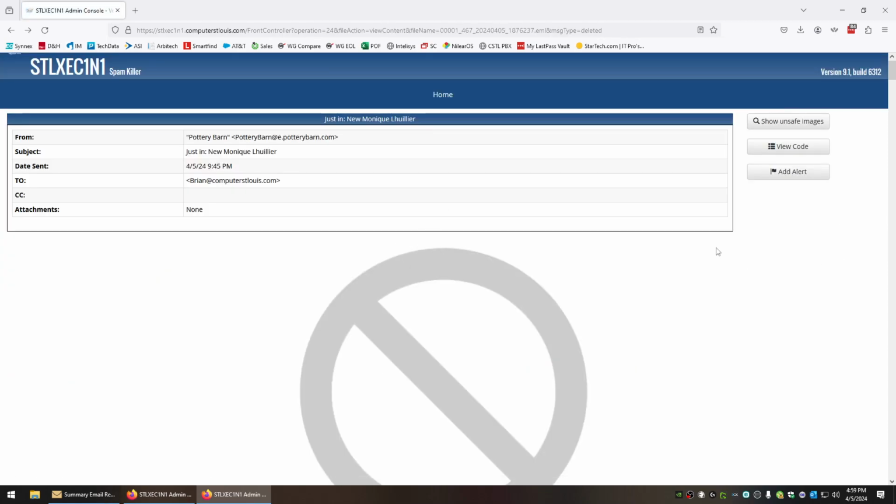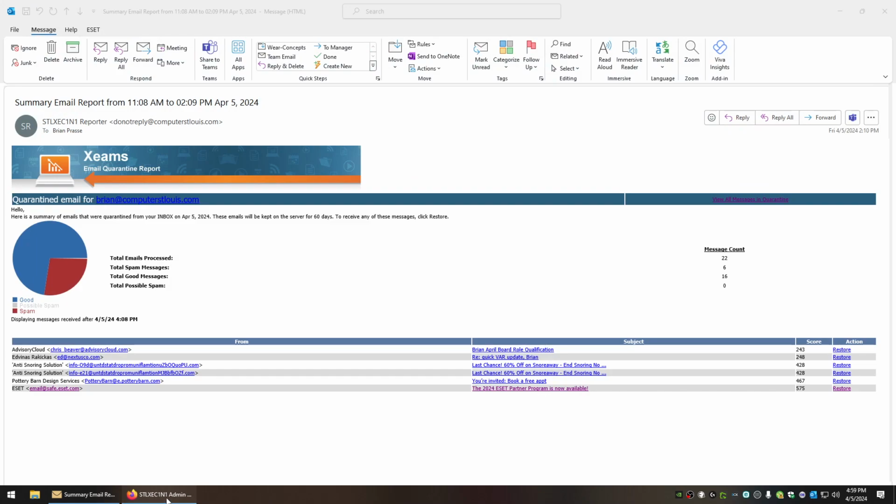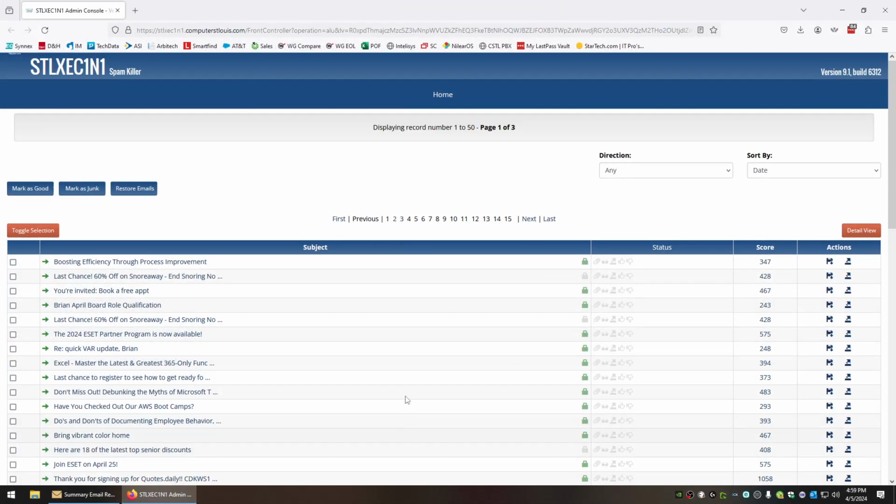And then as I said in the other video, there's an add alert button that allows you, if you're expecting an email to come every day at a particular time or at a certain time of the week, you can add an alert that'll send you an email saying you didn't get it. I don't see a lot of people needing to do that, but if you do, it's there and we can help you set it up. So going back to this,